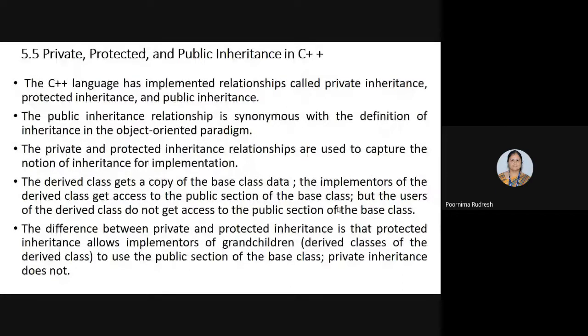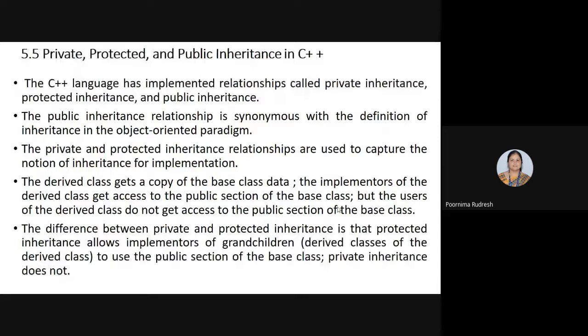But here we are considering the private, protected and public inheritance in the C++ programming language. Understood? So previously you already studied them with respect to the object-oriented paradigm, but here you are going to study them in the C++ programming language.